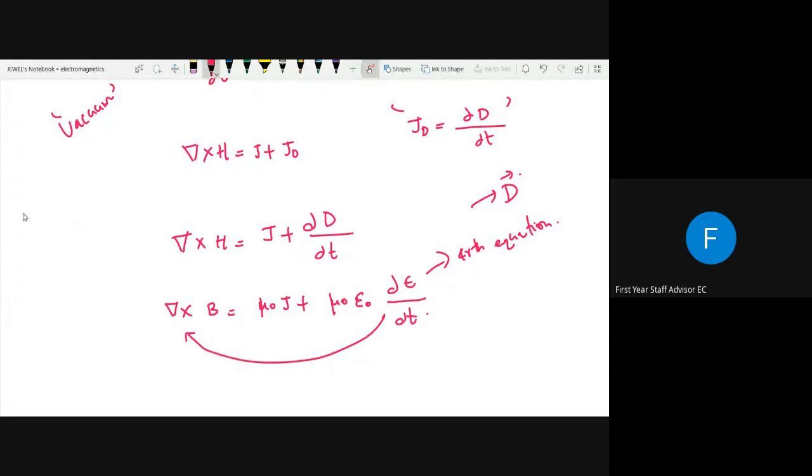Maxwell's third equation says that del cross E equal to minus dou B by dou t. We have already studied this. What is del cross E equal to minus dou B by dou t? That means if we have a time varying magnetic field B, if B is dependent on time, or it varies with time,